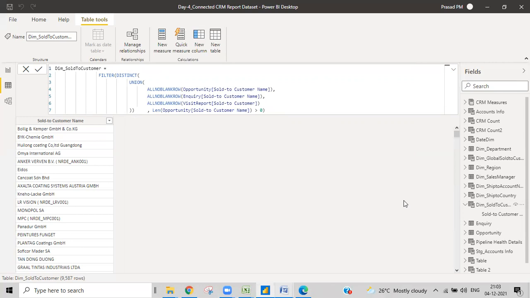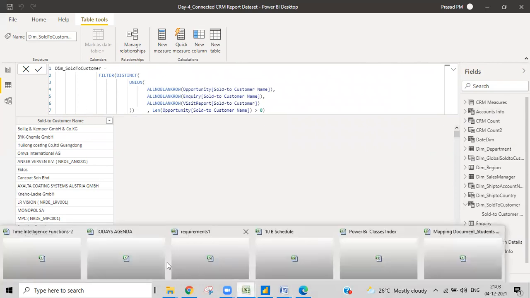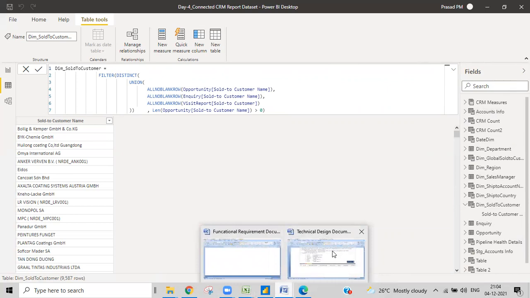But today I'll give you these documents, and these PDF files also, to share what we've discussed. For the tomorrow topics, once we're done, I'll give you those documents, and then we can work upon that. It's not just that I'm sending this PDF file. I'm sending the source files, the mapping documents, FRDs, and requirement documents. These are all the things I'll send you, and based upon that, you can work.